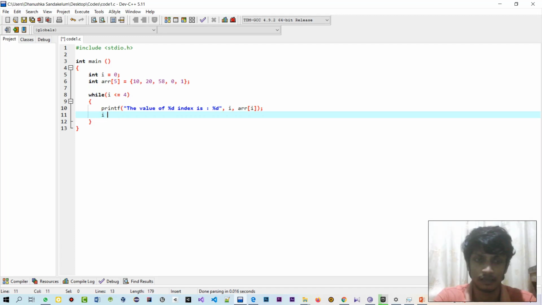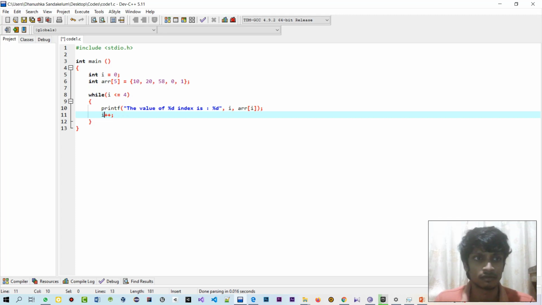You can write i equals i plus 1, and this is kind of long, so you can just type i double plus semicolon. It says the same thing, and this double plus should be added after the i, which means post-fixing. Otherwise your i won't be increased as you want. So now the loop is working.